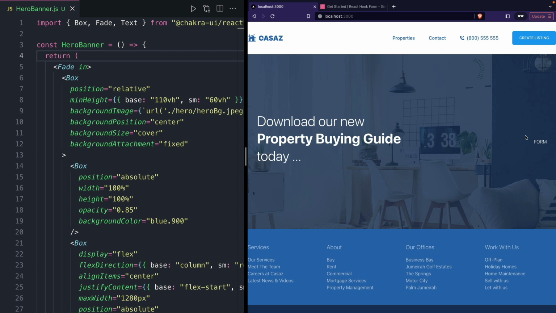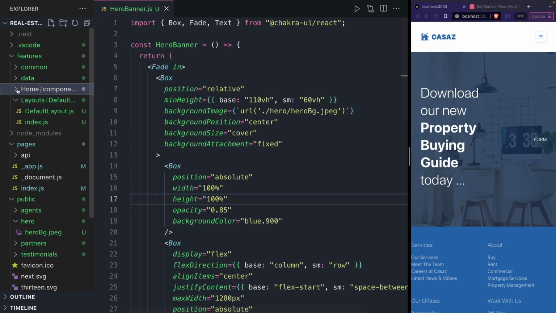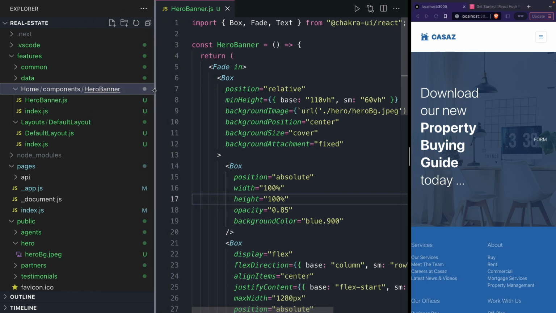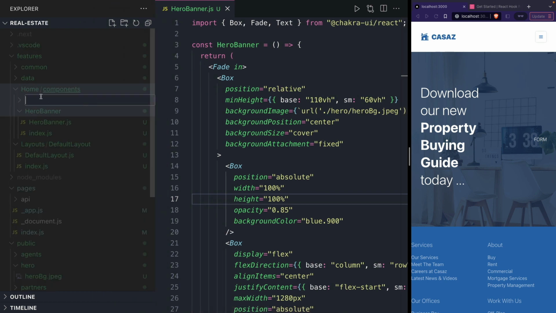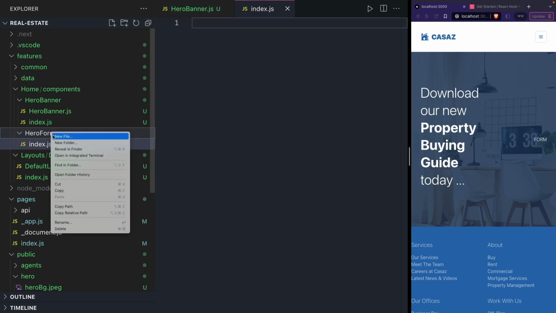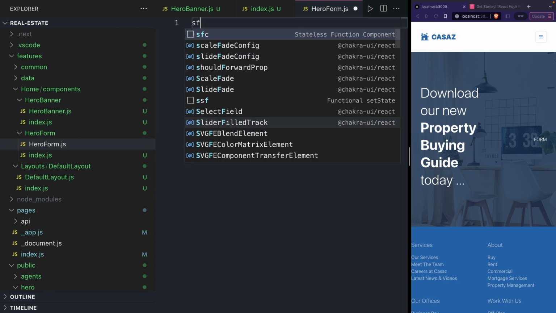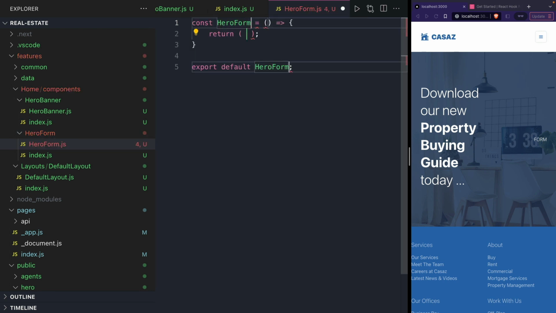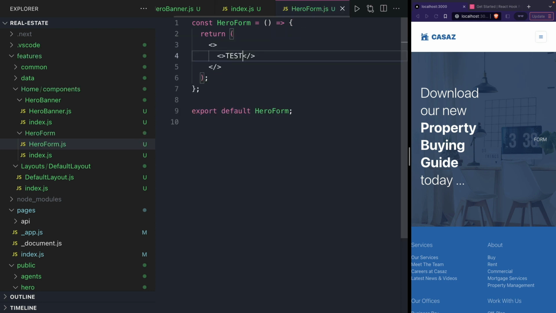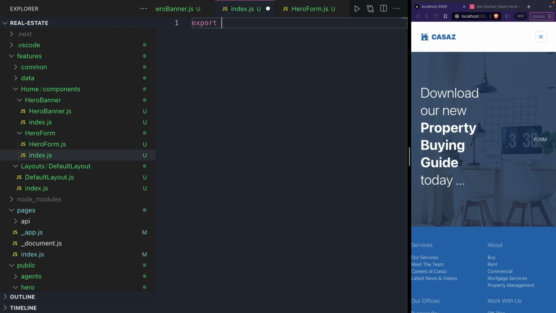I think it makes sense if we work on the form next. Okay, so let's squeeze this one down. Open up the file manager. We're going to put our form component next to our hero banner. So in the home components, we're going to have hero form. Same as always, index.js, hero form.js. Inside our hero form, same as always, placeholder, just because I'm special. In the sibling index file, export